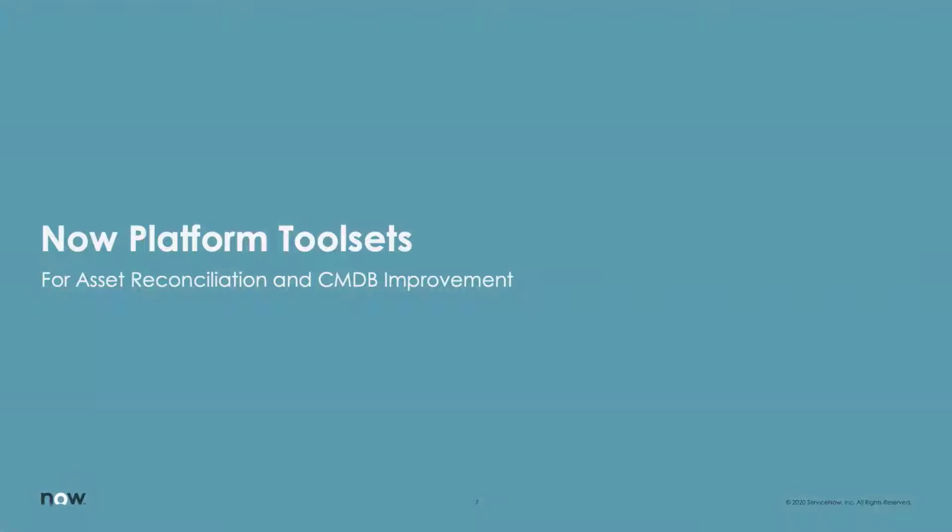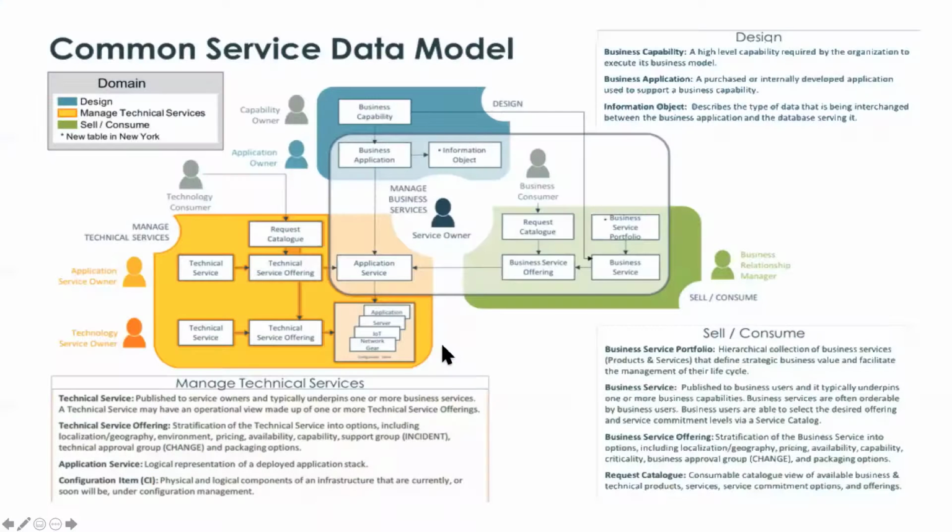So we're going to have 2 sections. One is going to be about Now platform tool sets, and then afterwards it's going to be a little bit about the security operations flows for asset reconciliation at an ingestion point, and then we'll talk about strategies past that as well. So if you haven't seen much about the common service data model, this is an initiative